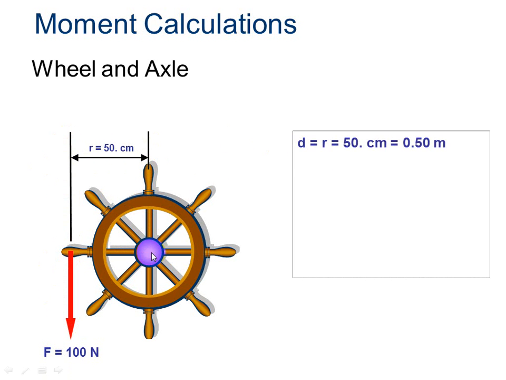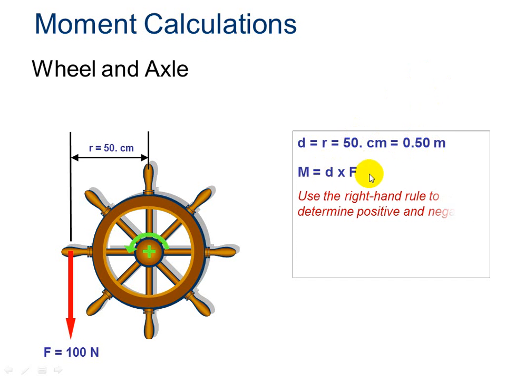My distance from the pivot point here in the center to the force is 50 centimeters. For the international standard of measurement for moments, we need newtons and meters, so I've converted my 50 centimeters to a meter. To find the moment, I'm going to multiply my half of a meter times my 20 pounds of force,